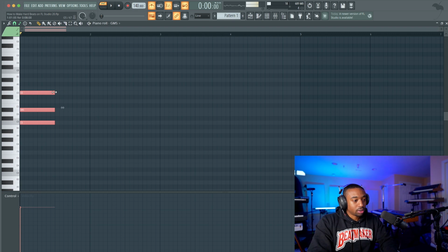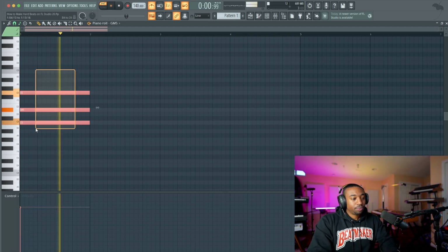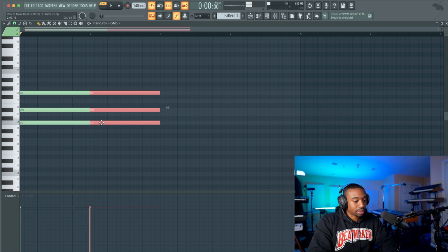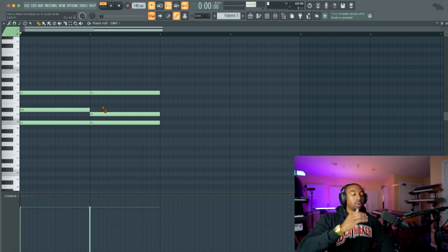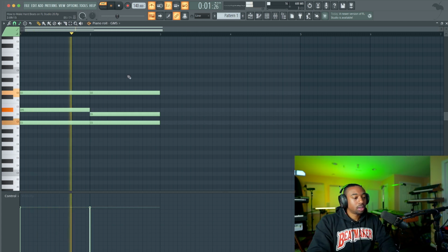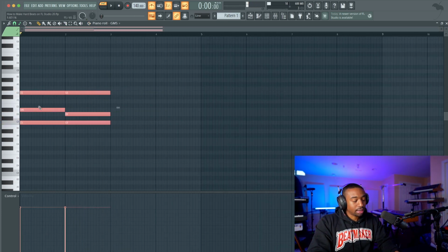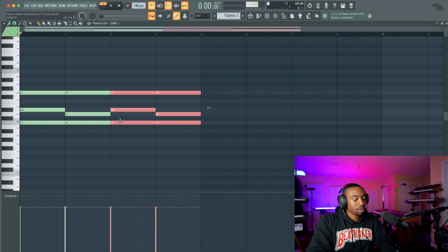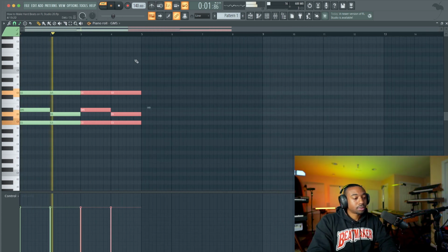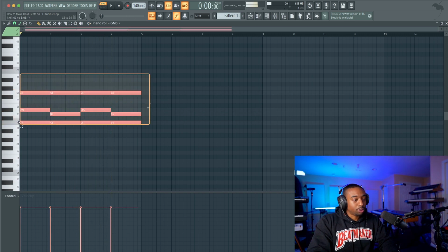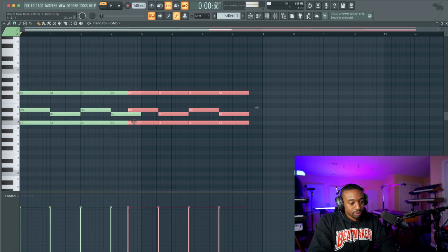Okay, so all we're gonna do is add these notes in, C, E flat, and then G. We're gonna copy these notes over, hit Control to highlight, hit Shift, drag this over. We're gonna take this middle note and just drag it down to the next lower scale degree, it's called. Very simple. We're gonna hit Control, highlight that, and repeat, hit Shift, pull it over. We're gonna repeat this one more time, hit Control, left click, drag it over.